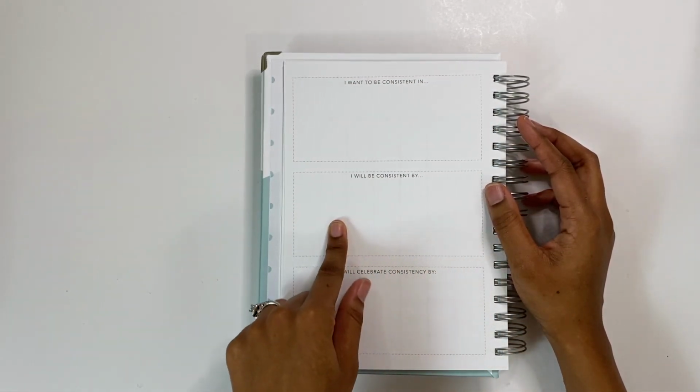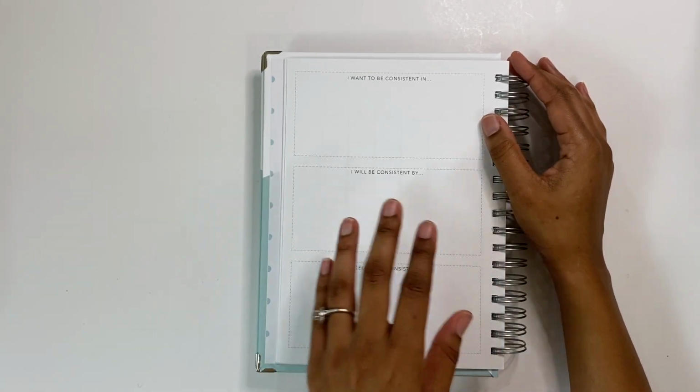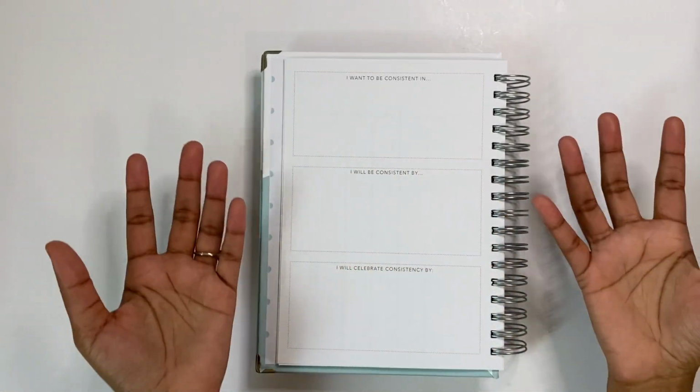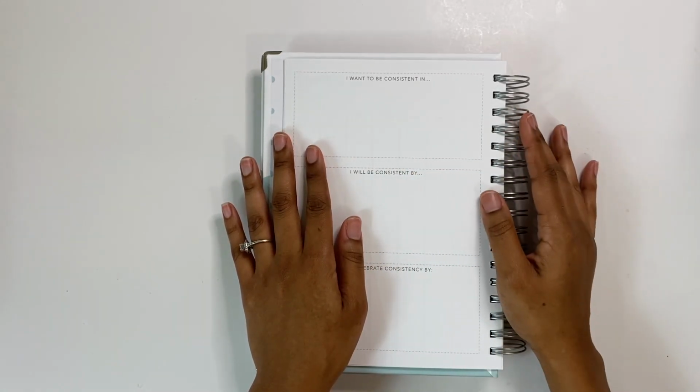I will be consistent by... what routines are you going to put in place to make it happen? Are you going to set aside a dedicated amount of time per day or per week that's just for your business, where you will have the opportunity to sit down and create a to-do list for every week? What's going to help you to stay consistent? Use this planner, but most importantly, take action on the things you want to do. And then, I will celebrate consistency by...